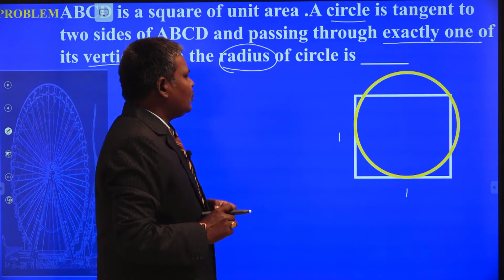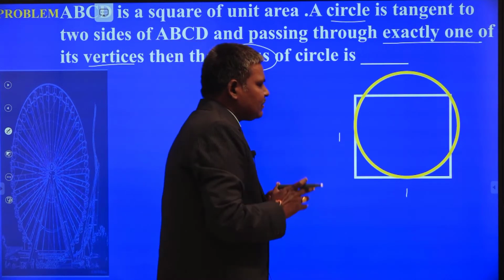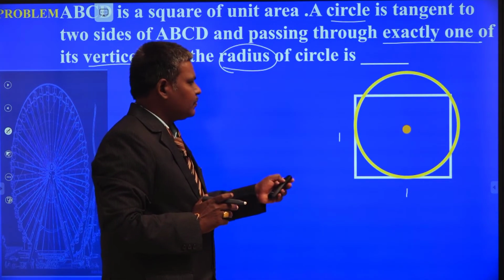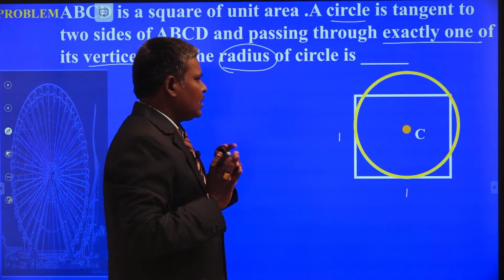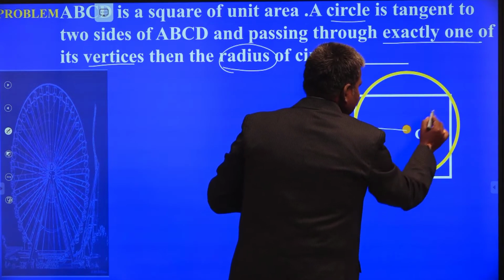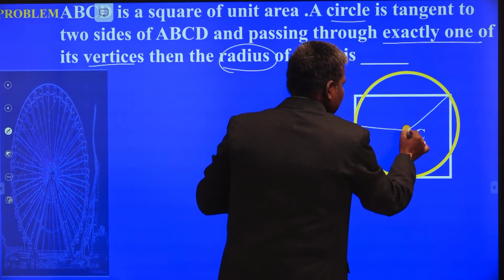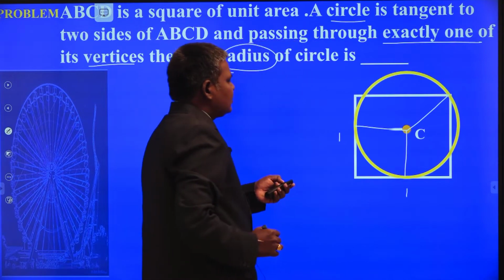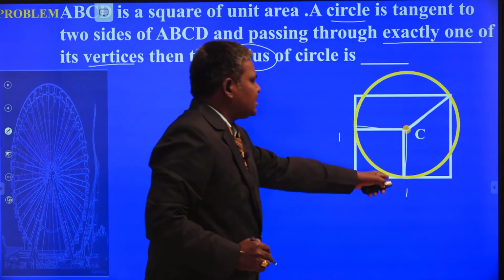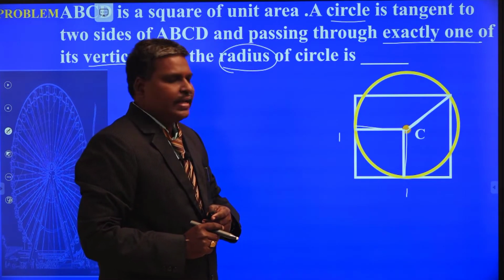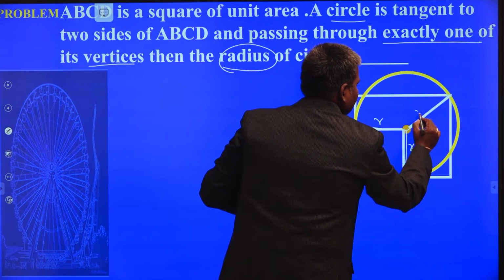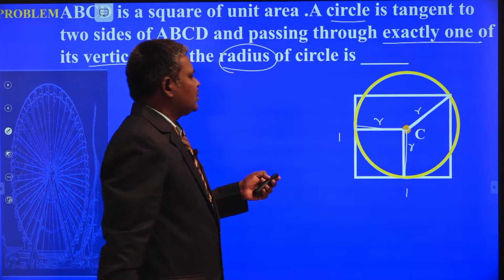Now what you have to find out? You have to find the radius of the circle. So suppose this is the center of the circle as shown in this figure. Now my question is, the radius is r say, then are these three distances equal or not? These three distances are always equal. That is here, here, here. They are equal to the radius. So this is radius r say. You have to find out the value of r in this question.